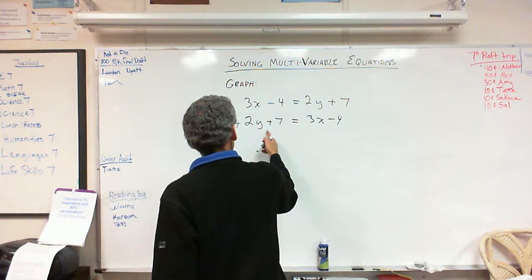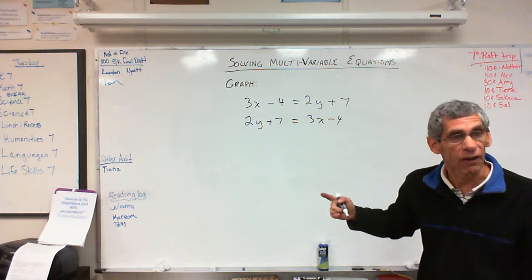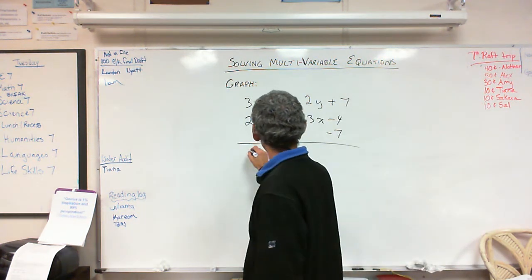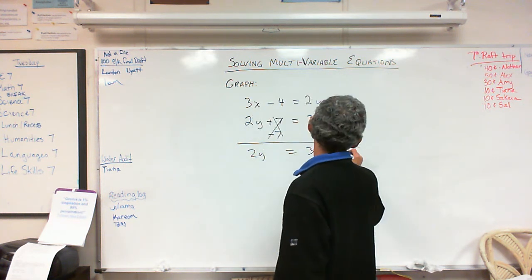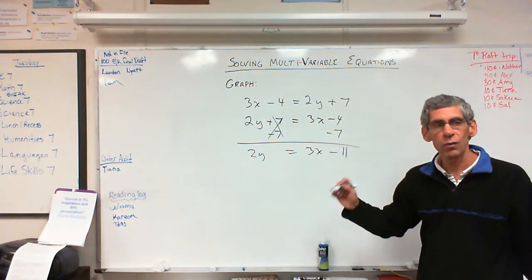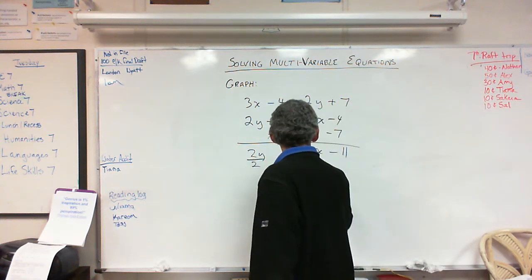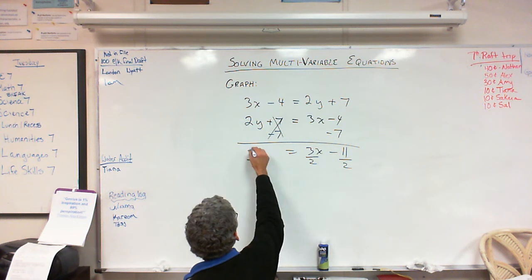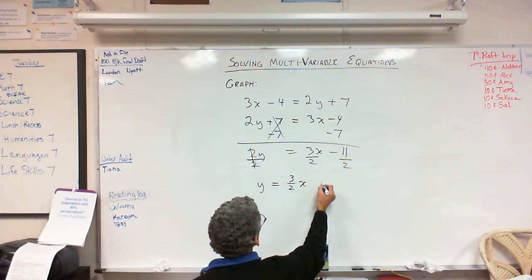All right. Now look, what's in the way of saying y equals? The stupid 7. Exactly. So 2y is equal to, those cross out, 3x minus 11. What's in the way of it saying y equals? The 2. So we're going to divide by 2. In slope-intercept form, we have y equals 3/2 x minus